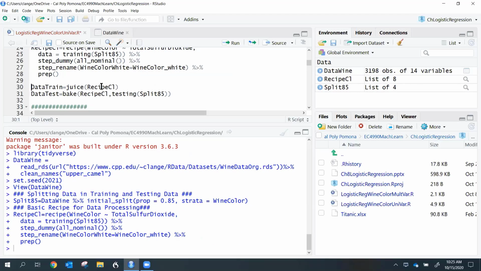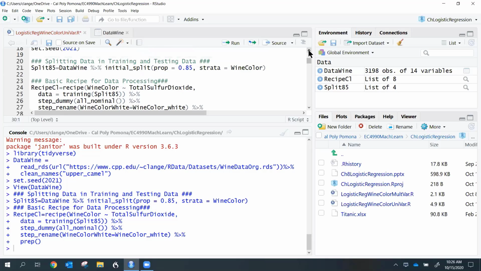Professor? Yes. Somebody in the comments asked why I used strata for wine color. Yes, I use strata. Why did I use strata here? I don't have to use it. It works just fine if I use it without the strata. So this one just works fine. I decided to use it